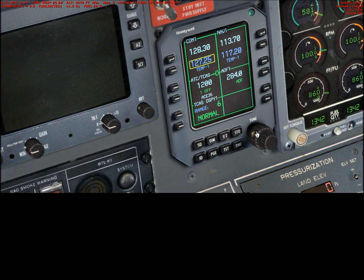Outer knob does the bigger numbers. Inner knob does the smaller numbers. You can change from one to the other. So if you want to change the nav, you just click the line select button, just like on an FMC. That'll be this one. To switch between the two, you click the switch button. If you fly the Learjet, this is what it looks like on the Learjet too. If you want to switch to your